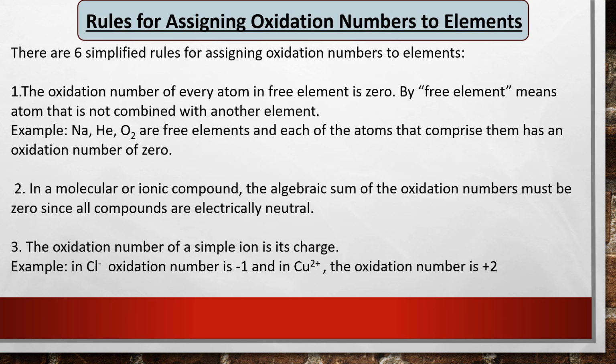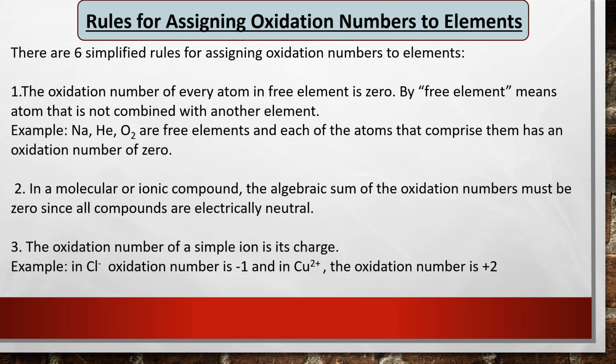There are 6 simplified rules for assigning oxidation numbers to elements. First, the oxidation number of every atom in a free element is 0. By free element, we mean an atom that is not combined with another element. For example, sodium, helium, and oxygen are free elements, and each of the atoms that comprise them has an oxidation number